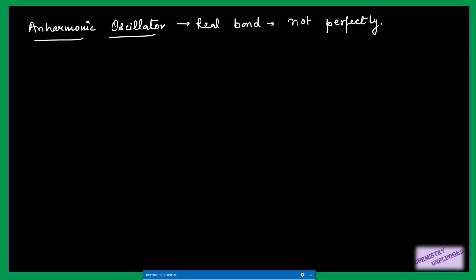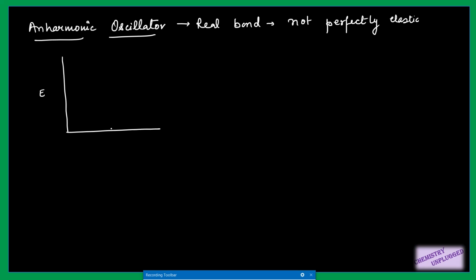So now you can easily recognize that the anharmonic oscillator is the real situation, real bonds. They are not perfectly elastic. It means there is some anharmonicity in them, and that will lead to a change in their bond length. It means if I will